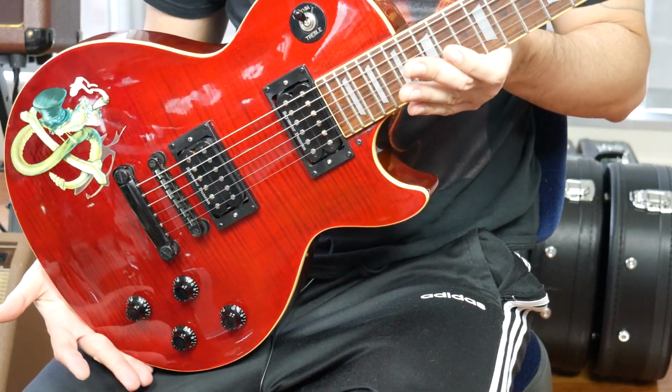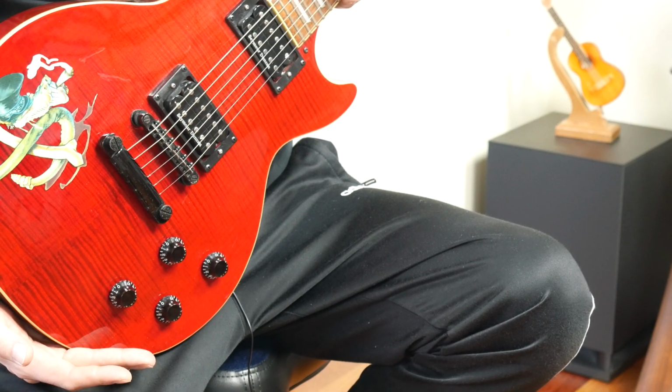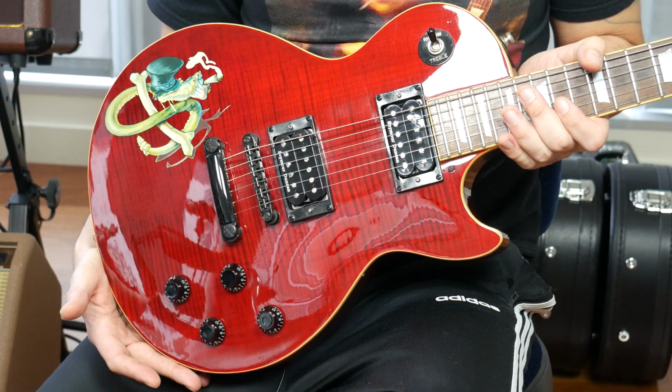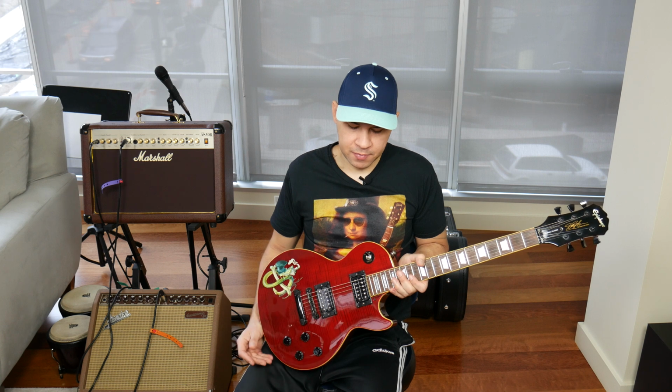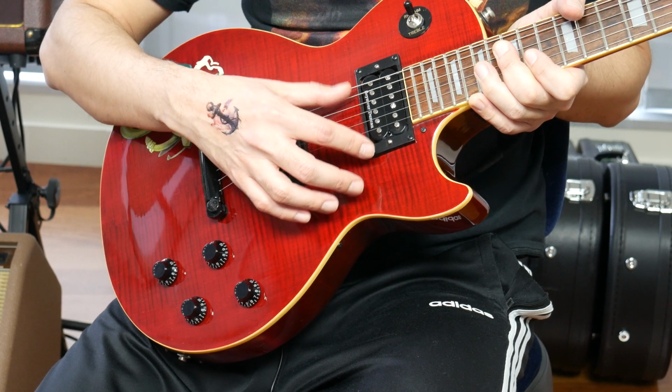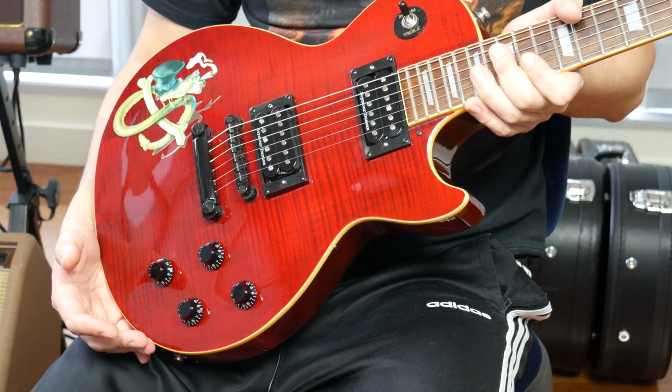So this guitar has a few differences compared to the other 3. The main one is that it's made in Korea, not in China. Another difference is that the humbuckers this guitar came with were not Seymour Duncan Slash. They were the Epiphone Open Coil Classic humbuckers, and I didn't really like the way they sound. They sound a little muddy, and they were very oxidized. The steel had a lot of stain on the metal, so I removed them and replaced them with